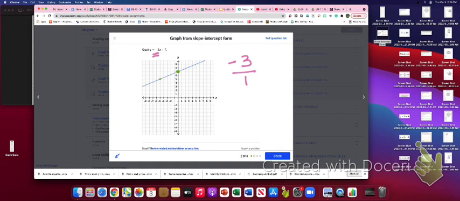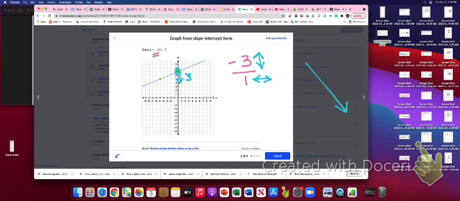So what is this saying? First off, remember, negative slopes are going down when you read it from left to right. So my line needs to be going down. If it was a positive slope, it would be going up. But this one is negative, so I know it is going down. And then remember, the top of the fraction is rise, how much you're going up and down. And the bottom is how much you're going left to right. So from the y-intercept, I know I need to go down 3